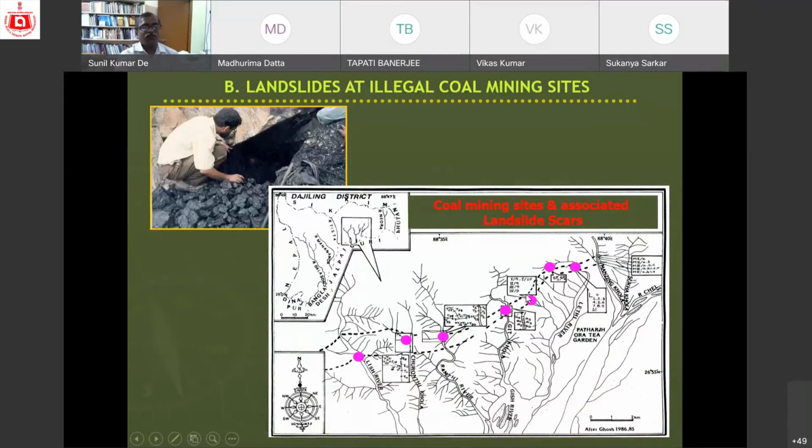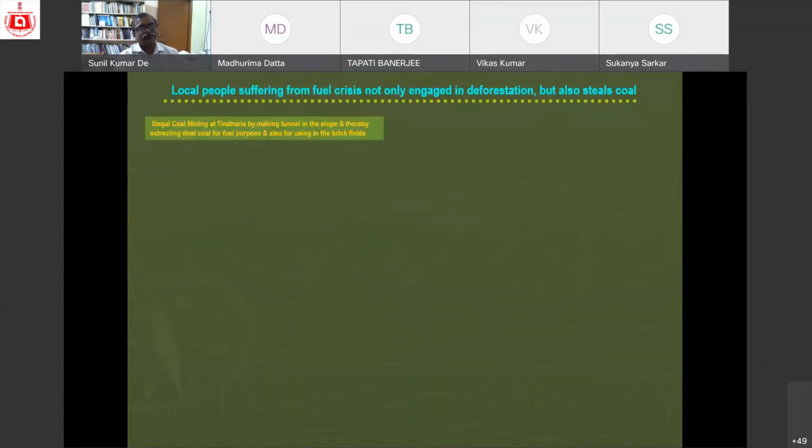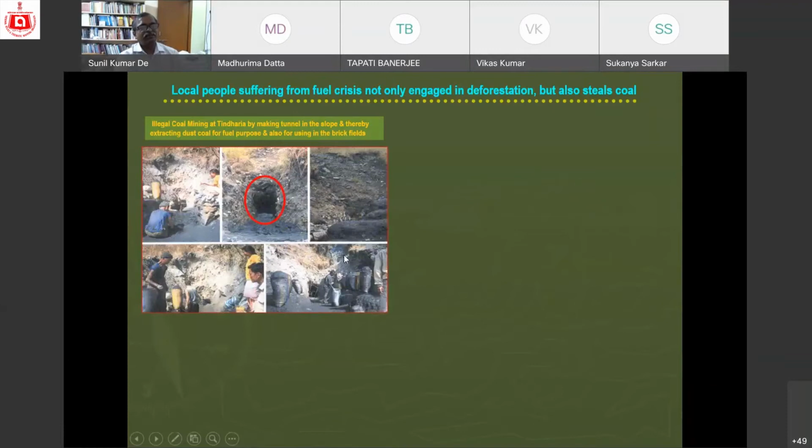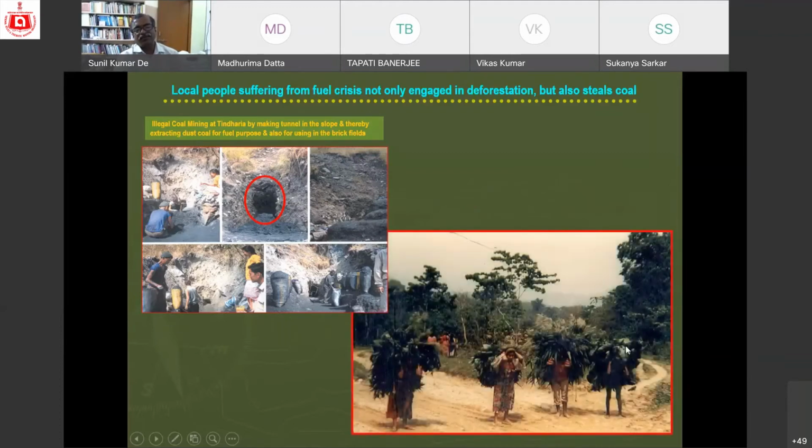Although the government of India issued a notice in the 1960s that coal mining is banned, who is listening to this? It is the source of bread and butter for many of the people of this region. So now they collect this coal in the night time, and the female population of that area, family members, carry it in the early morning to the Bagrakot market and buy their food stuff with this. So in this way they carry this material. This is a very old photograph taken in 1993. So just imagine.